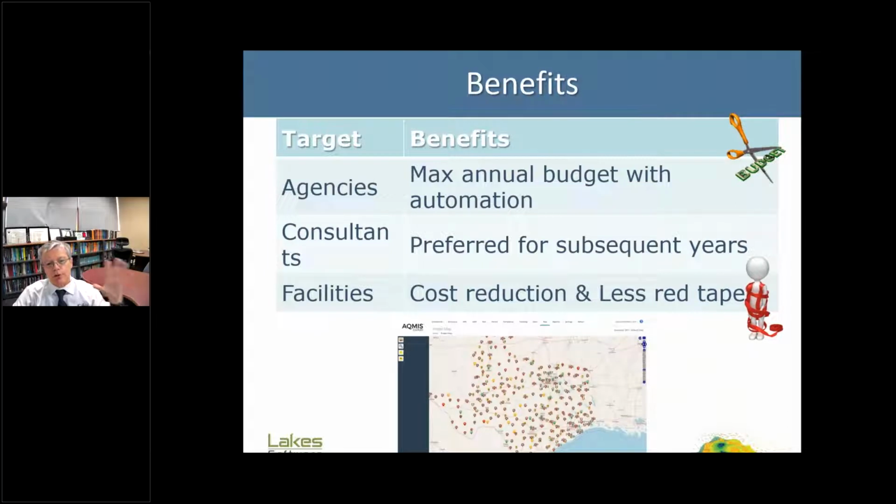Lake's software is not an environmental consulting company. So when we team up with consulting companies, environmental engineering consulting companies, and they then become preferred on all the subsequent years.